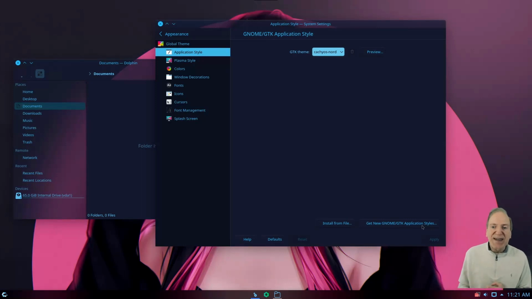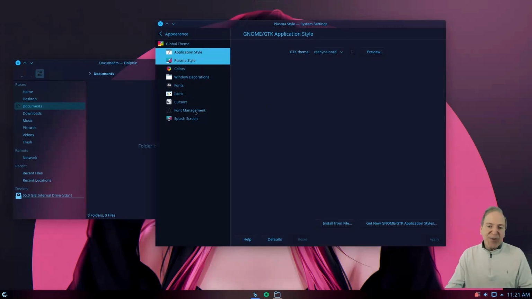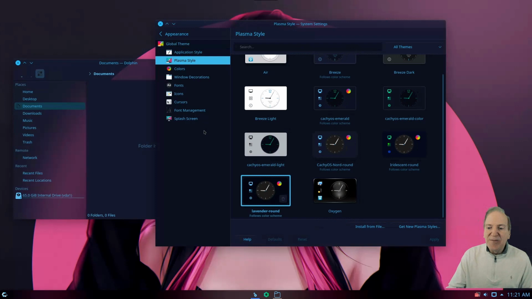because of course KDE Plasma is using the Qt framework. So sometimes you'll get differences in certain applications and how they look. So this is designed to make everything more uniform, and that's where you would specify that. And then here in the Plasma style, more styling options, so you could make your application windows different